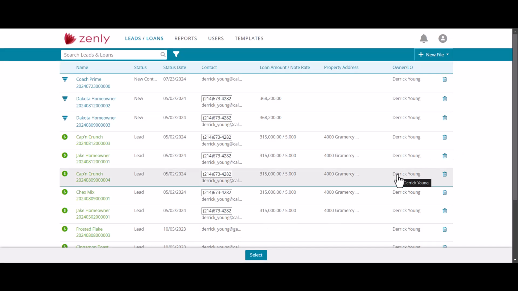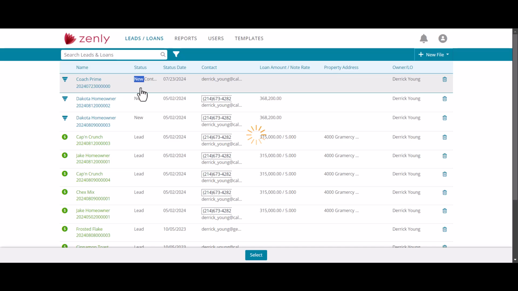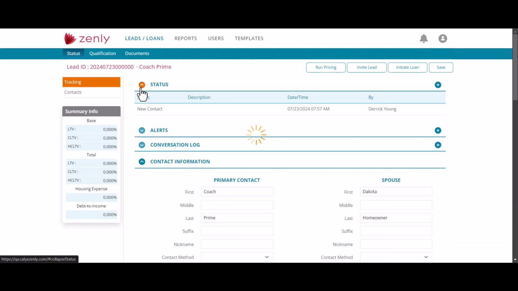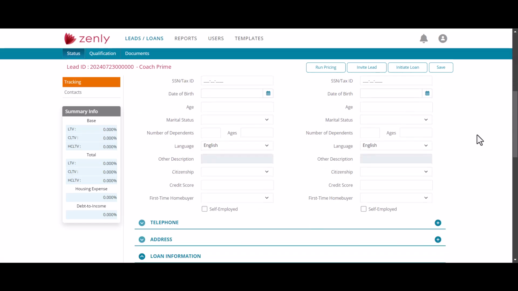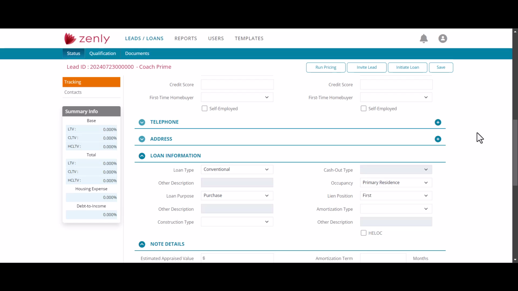All right, and for the next enhancement, we'll find that enhancement on the lead side of Zenly. So I'll go ahead and open up one of my lead files. And this enhancement was the ability to enter in the spouse's income on the lead side. So I'm inside of a lead file. I'm under the status section and tracking screen. If I scroll down on this screen where we enter in the personal information for your borrower,